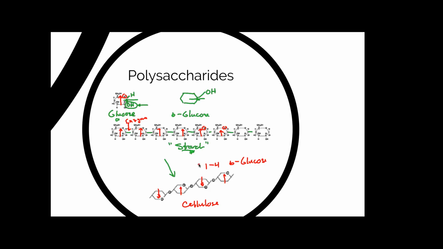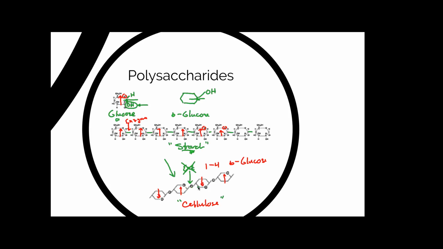And unfortunately, we don't have the digestive enzyme that can identify this particular bond. If we had that enzyme, we could get in there and hydrolyze and break that bond, but we don't. We lack that enzyme, and therefore we don't digest cellulose. Cellulose goes right through us, and cellulose, these long polysaccharide chains of beta glucose molecules that are linked together,